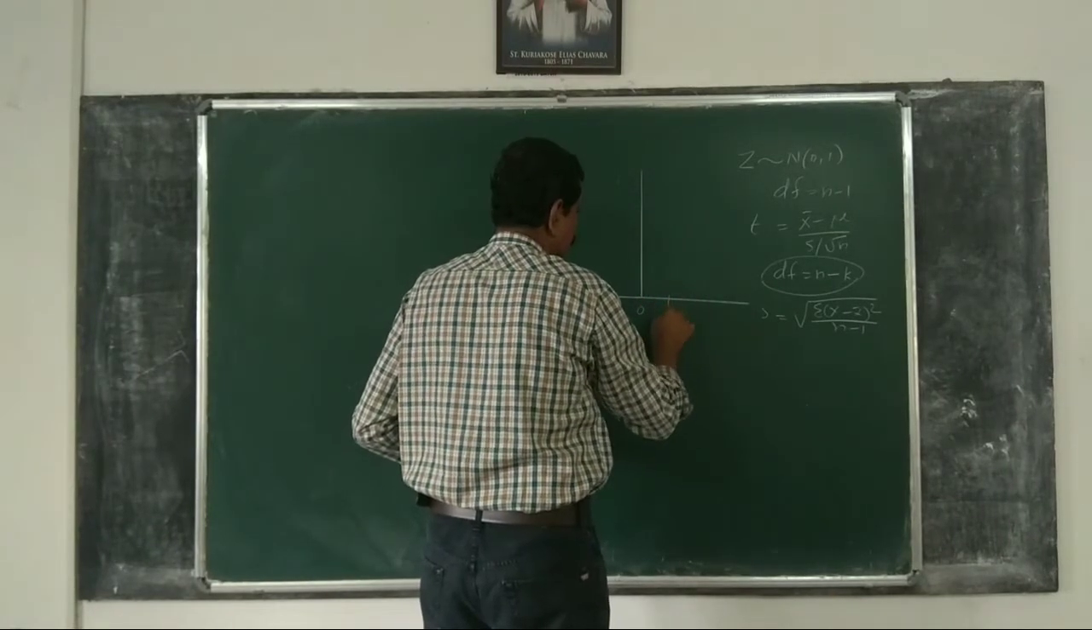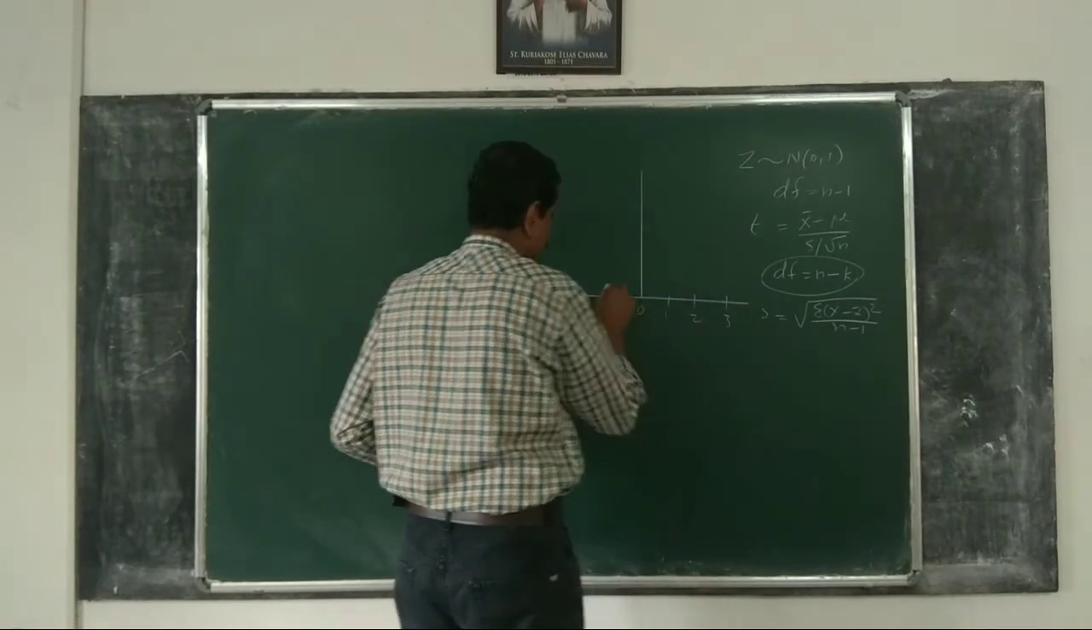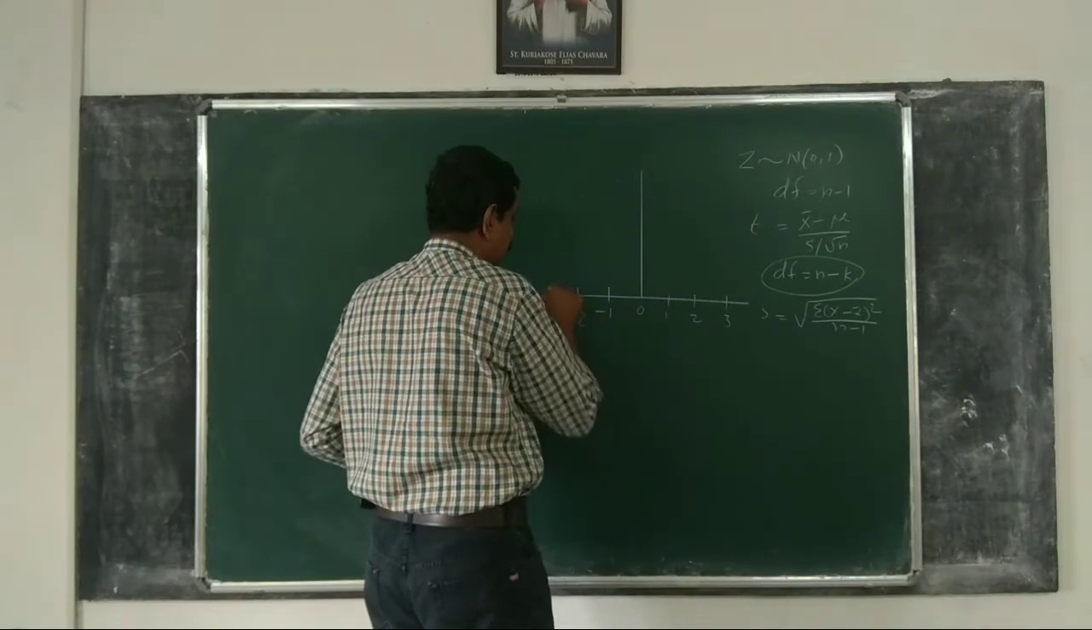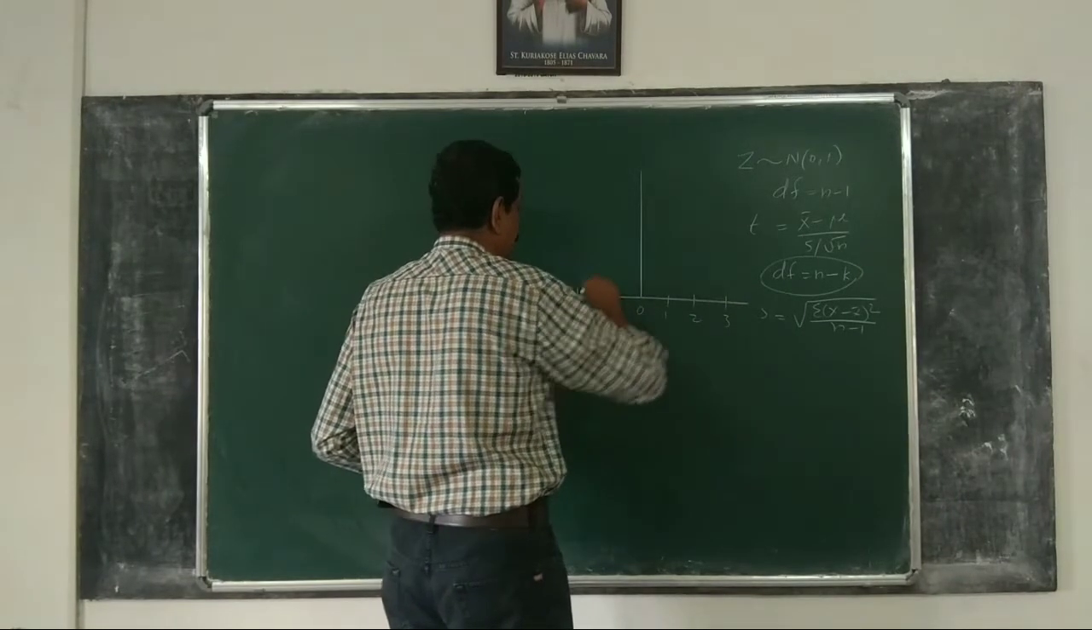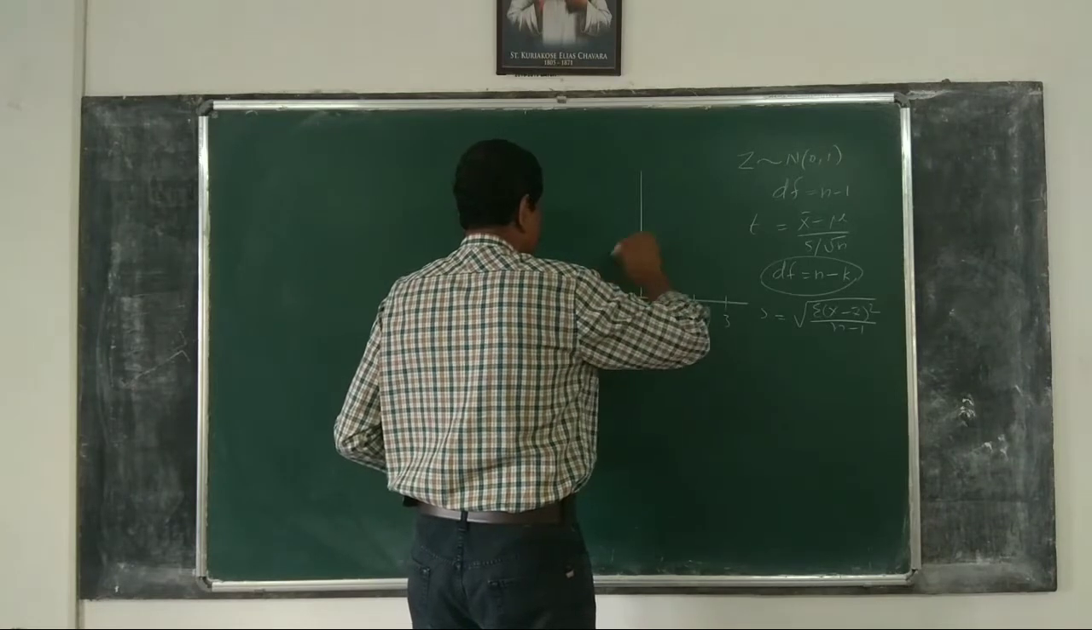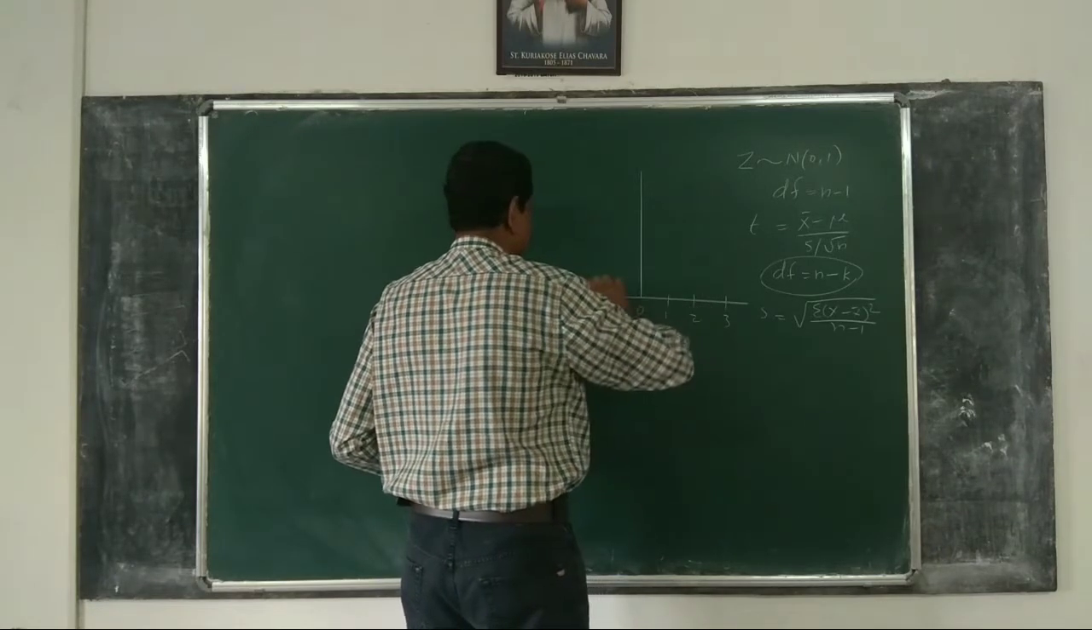0, 1, 2, 3, etc. Minus 1, minus 2, minus 3, etc. Then for degrees of freedom,